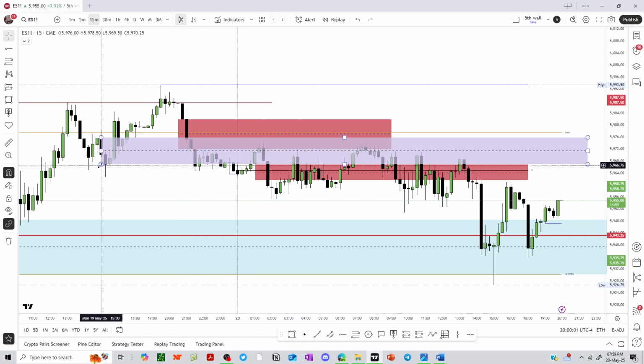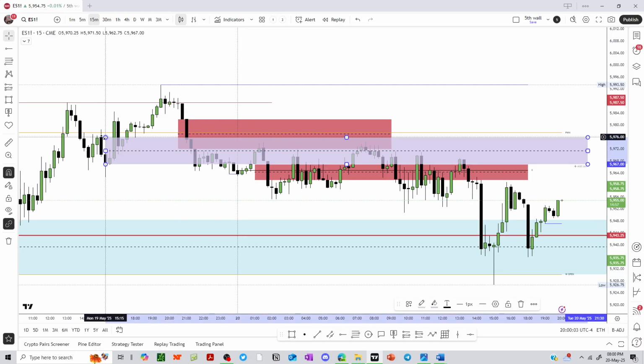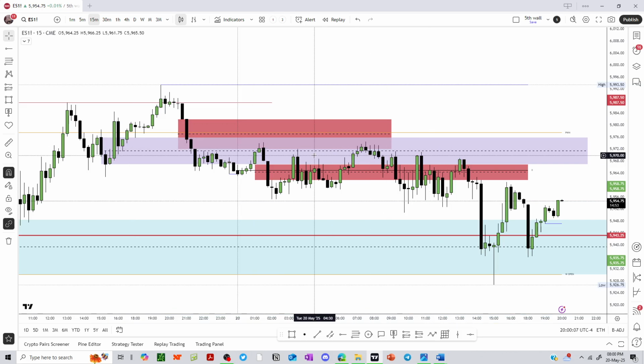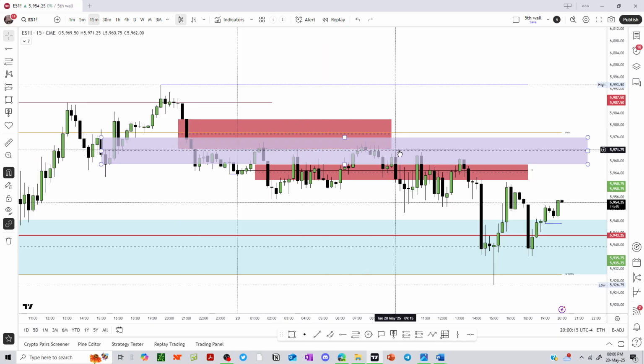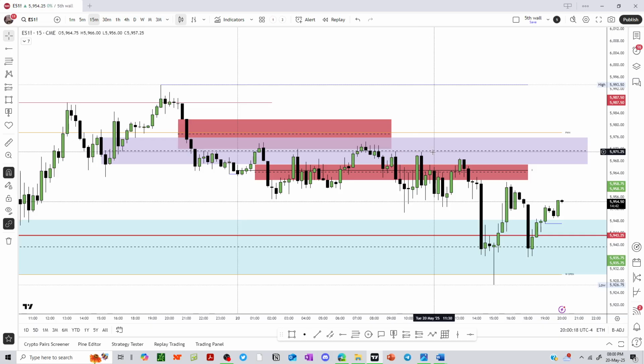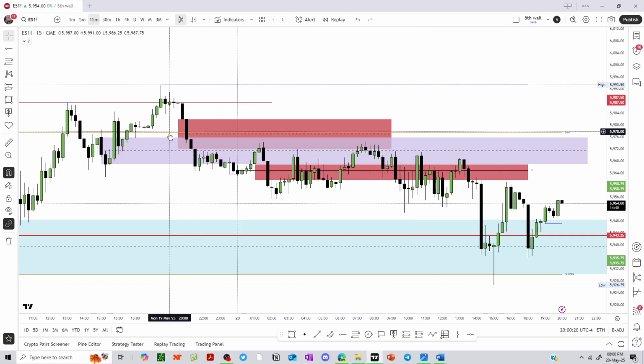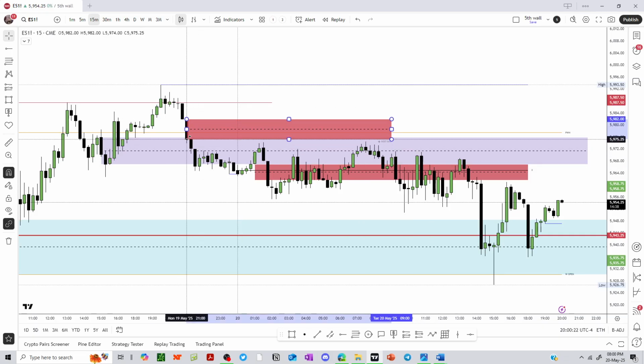All right, so it looks like the breaker block is essentially still intact. I like this. It's very clean. Price is essentially respecting the mean reversion of this level here. Anyway, stop playing around. And then we have